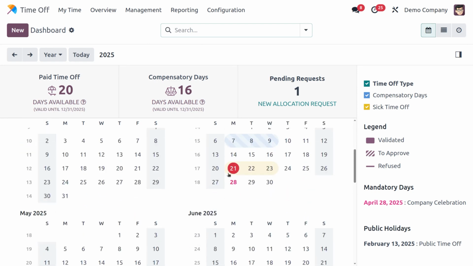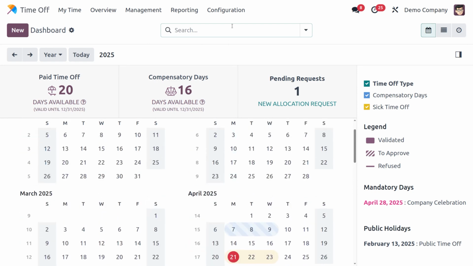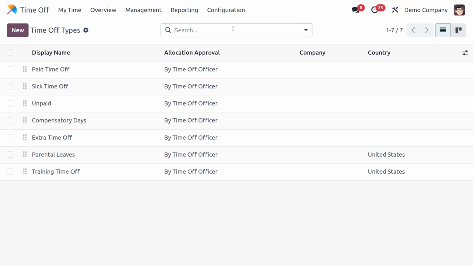Before requesting a time off, let me show you one thing, which is the different kinds of time off. Just navigate into Configuration and here you will see Time Off Types. Just click there. Here you can see the dashboard of time off types, like paid time off, sick time off, unpaid, etc. If you want to create a new one, you can create it using this option. And here you can see the pre-created ones. I'm just taking a pre-created time off type from here. I'm going to take the paid time off.